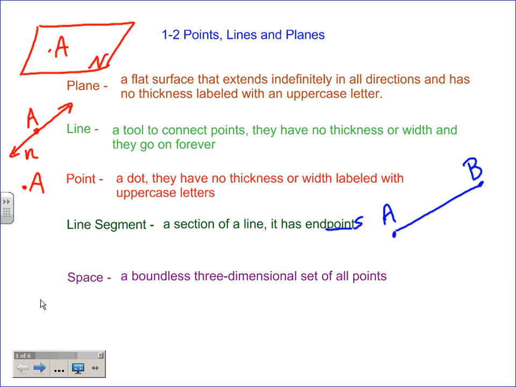So it's not saying outer space, right? It's just saying space. Boundless, meaning goes on forever. It is three-dimensional. Up, down, back, forward, whichever way you want to go, diagonal maybe. And it's all points. I can't even really tell you this room, all this room everywhere could be considered space because this is boundless. It has walls. Okay, space is just everywhere.